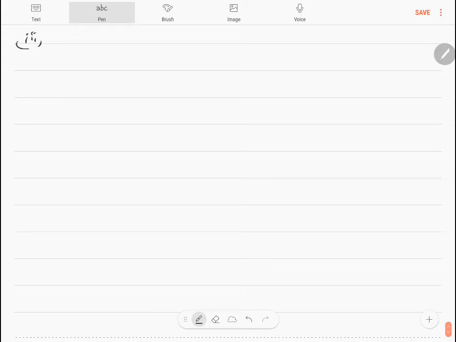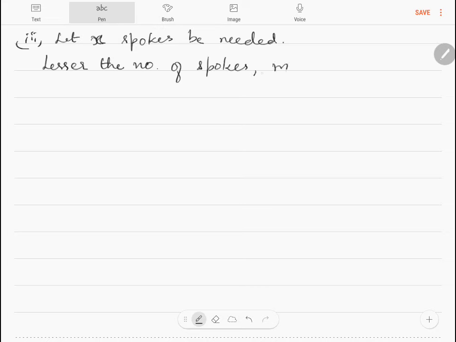Question number 3. How many spokes would be needed if the angle between a pair of consecutive spokes is 40 degrees? Let x spokes be needed. The lesser the number of spokes, the more will be the angle. So this is the case of